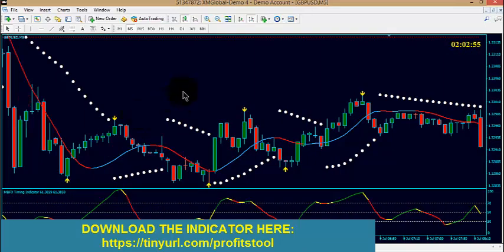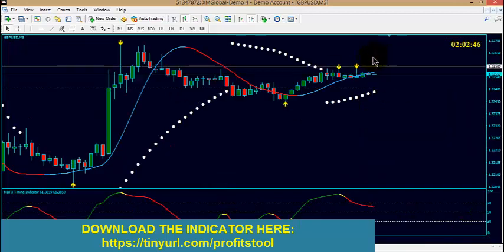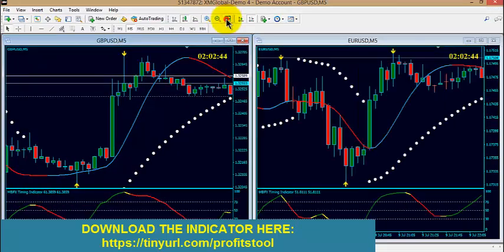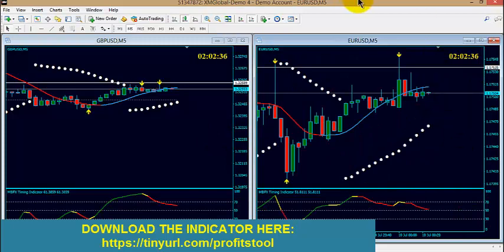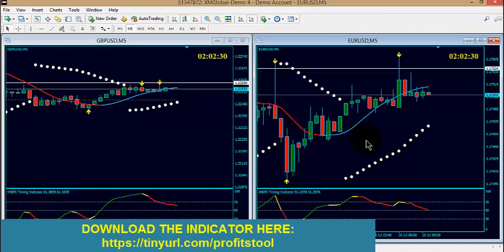Okay, so that is it, guys. So the indicator is very perfect, very good. If you want to trade, you can just click on this place so that you'll be seeing them together, except if you want to trade multiple pairs. If you want to trade multiple pairs, now it depends on you. Because the main white dot indicator doesn't have any, what do we call it, alert. We only have alert on the